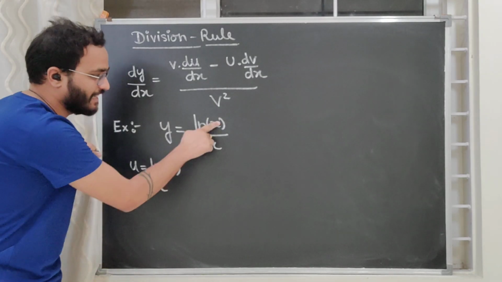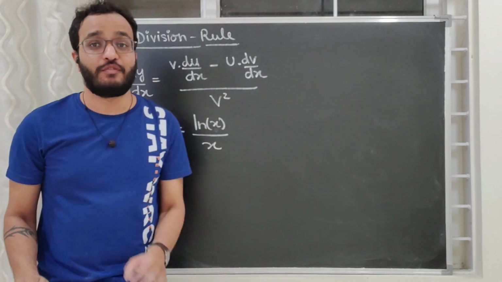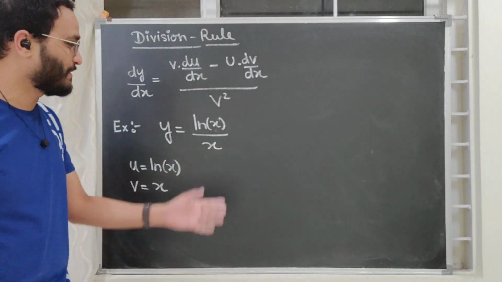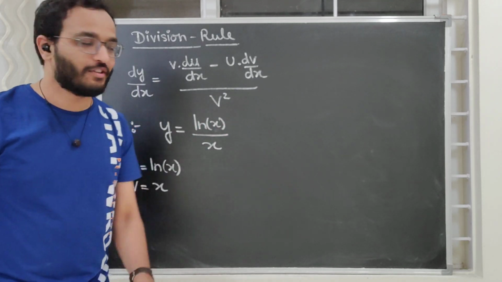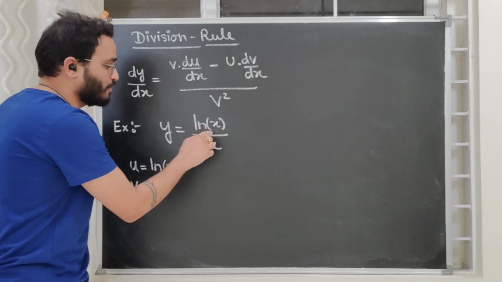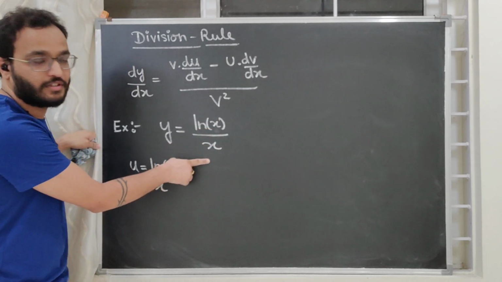Please don't cut these x, okay? X is inside a log function. I know it sounds very stupid, but some students I have seen do this thing. So you don't need to do that nonsense. It will be absolute sin. This x is inside log, you cannot cancel it with this.